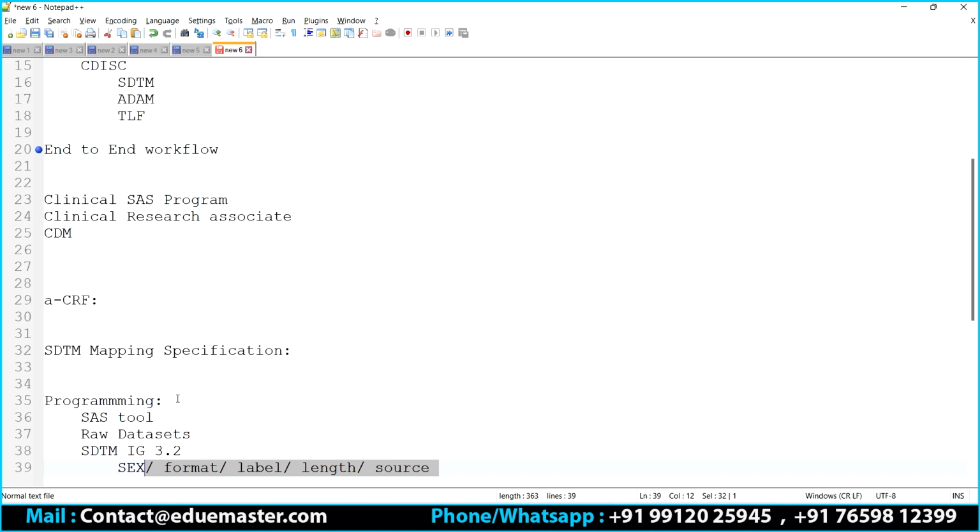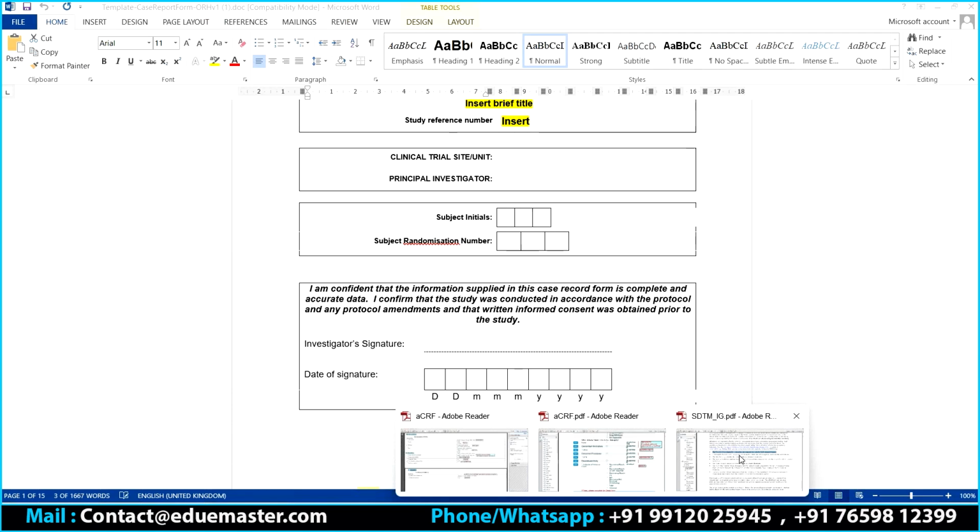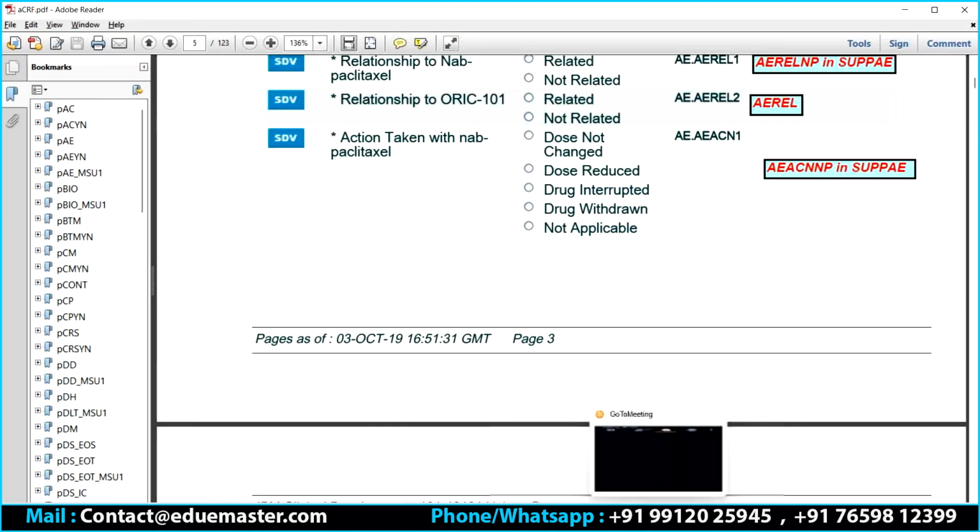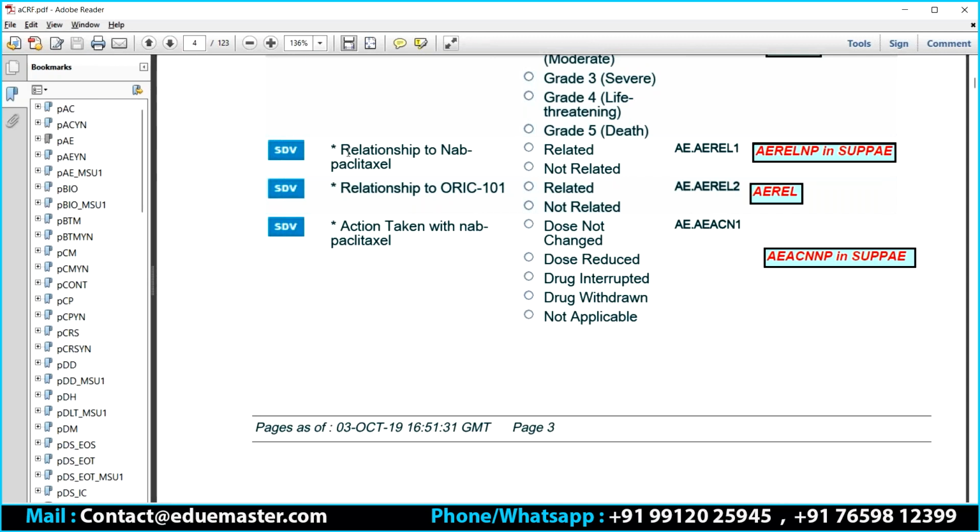Am I correct, Raja and everyone? You are a SAS programmer. I have given you the data sets. I have given you 100 data sets. But out of those 100 data sets, from which data set do you need to pick this particular variable? That information is part of this. This has the information about your SDTM implementation guide plus CRF. These two pieces of information are part of this. Protocol, SDTM, CRF information. If I combine these three together, I get ACRF.